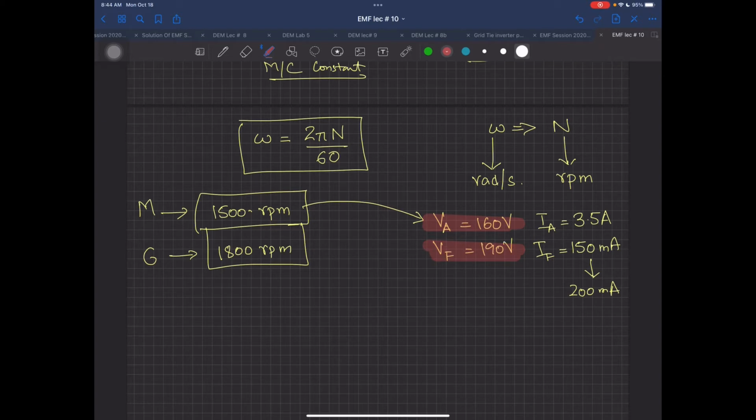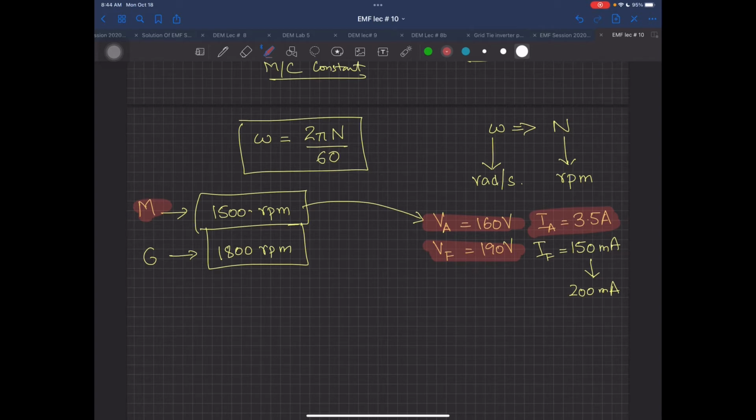These are the applied voltages. Now if you are going to put a load on that machine, since you are trying to work it as a motor, the motor can take a maximum current of 3.5 ampere when it is loaded. When it will be unloaded or it will be at no load condition, it will be only taking 0.8 or 0.9 ampere. ऐसा नहीं होगा कि it is going to take 3.5 ampere instantaneously at that time.